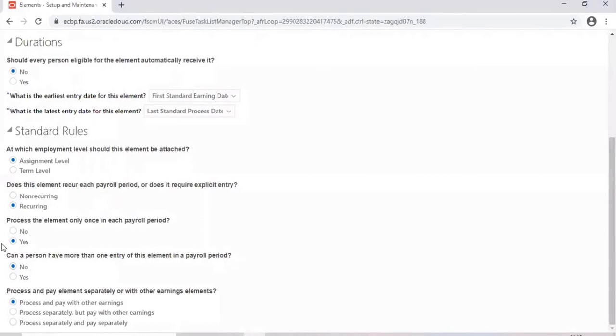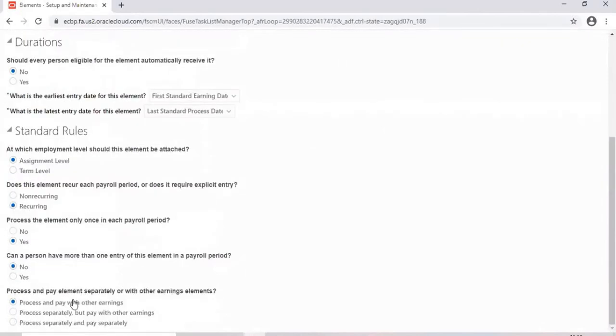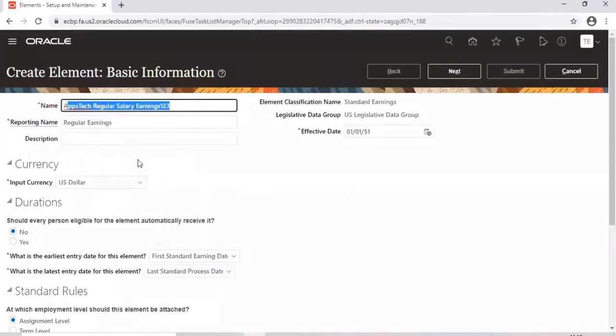So it's always no. Process and pay elements separately or with other earnings. By default, we will define this element as process and pay with other earnings. If you select the second option, process separately but pay with other earnings, this element will not be processed with other elements.